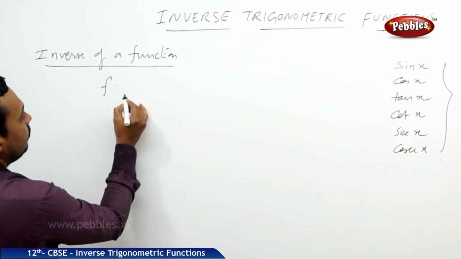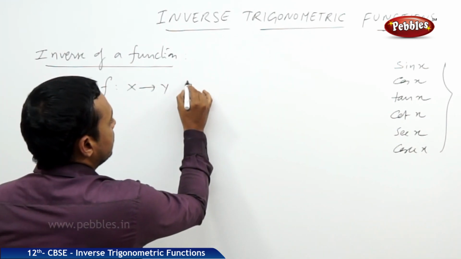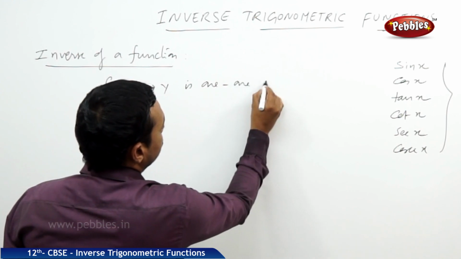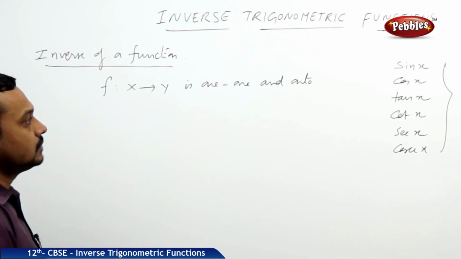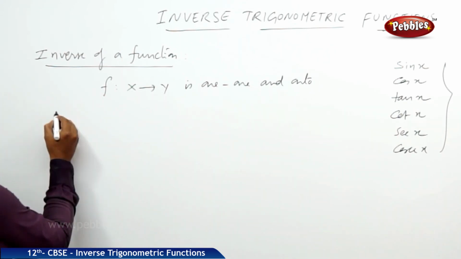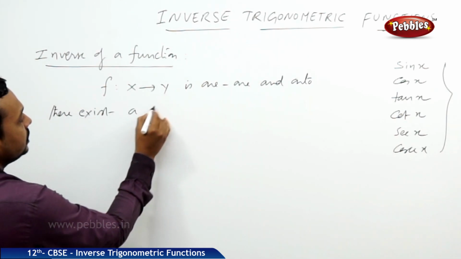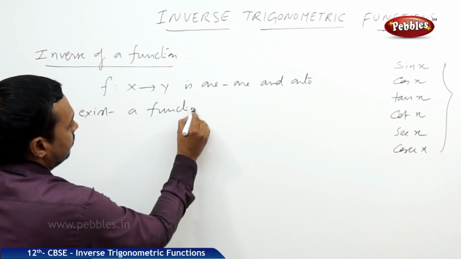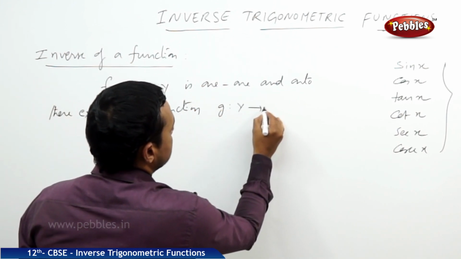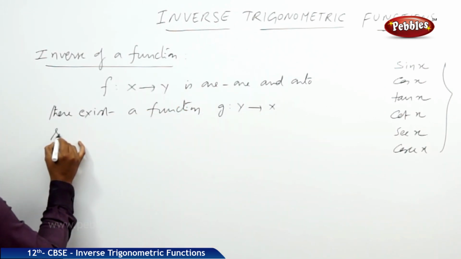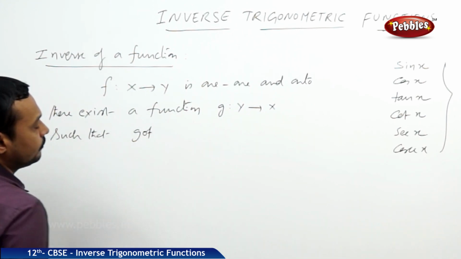Suppose f is a function defined from x to y, is 1 1 and onto, that means bijective function, then there exists a function g from y to x such that g circle f